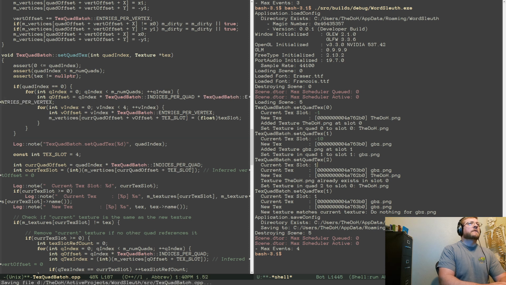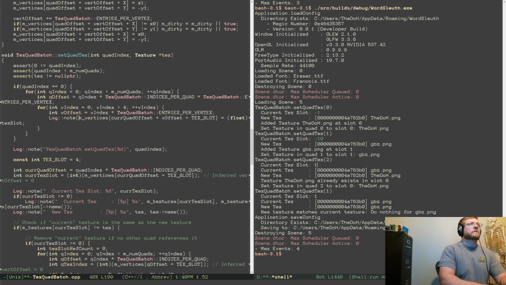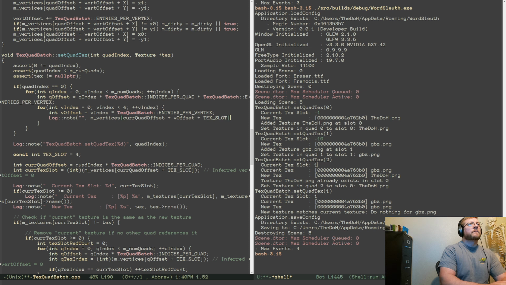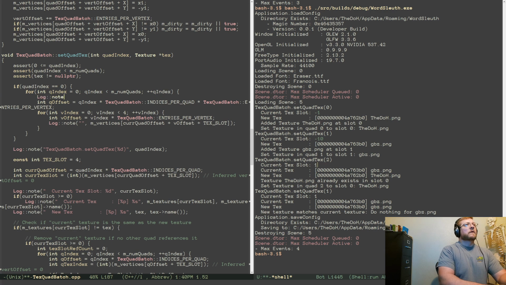Entries per vertex. Actually, yeah, that's fine. Log note